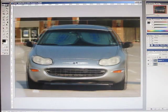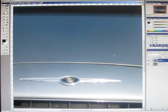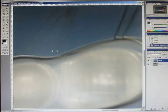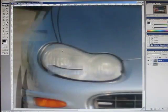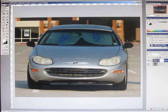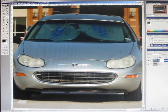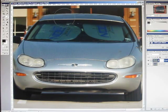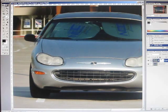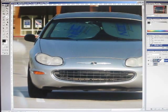So let's just rotate it just a little bit more until they're lined up on both sides. Now let's zoom in to visualize. And that looks about as accurate as we can get for now. So now we're going to use layer masks to come in, and we'll start out by using a black color and hiding this part of the vehicle, anything that doesn't line up. And as you can see, our vehicle is starting to become more blueprint-like,